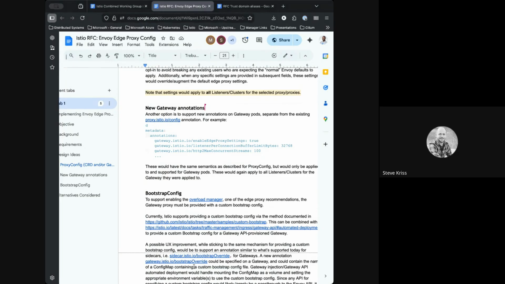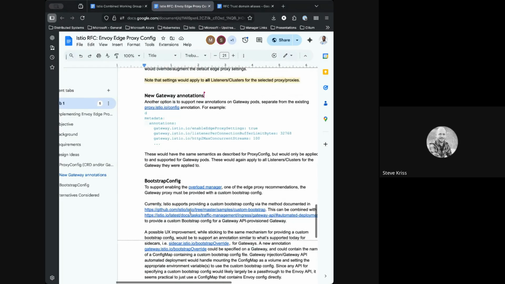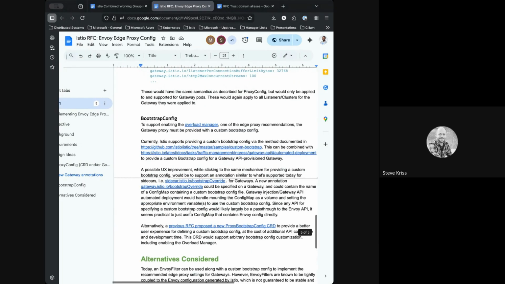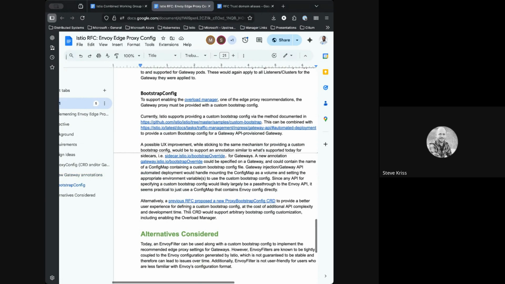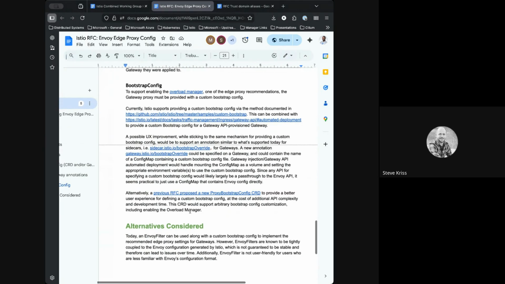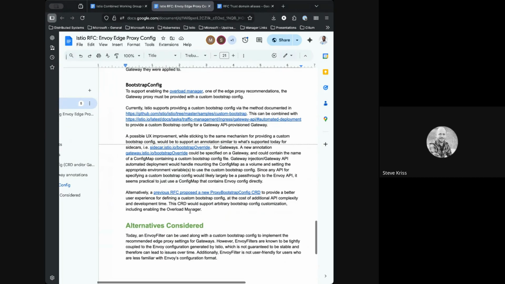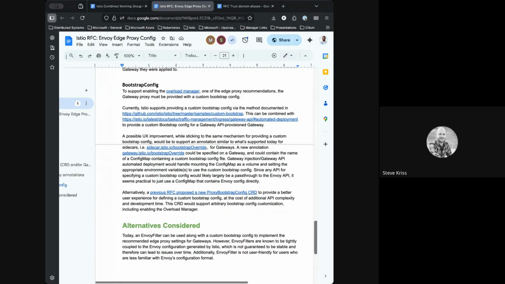And then beyond that, some of the other settings affect Bootstrap config. The biggest one is the overload manager, which I know lots of folks have looked at in the past. When we thought about this, we felt like any API that we designed in Istio to control configuring the overload manager would end up looking a lot like the Envoy API anyway. And so we were pretty comfortable with just sticking with a config map to store Bootstrap config,